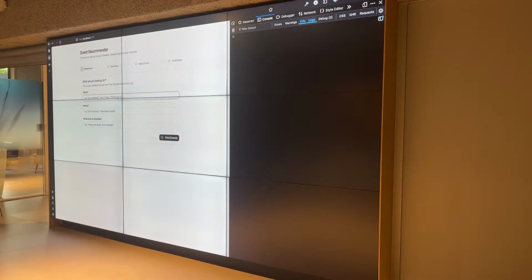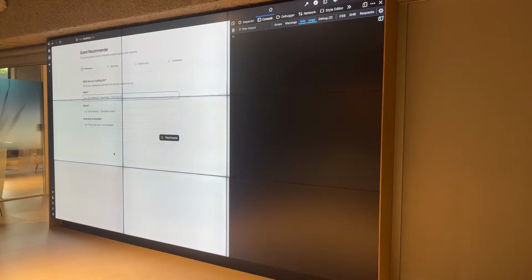So now here's the first advantage of using an AI workflow: I can define anything in plain English. It's not a calendar picker.